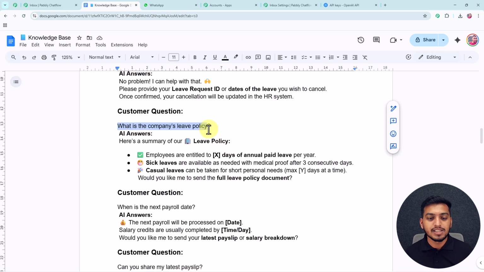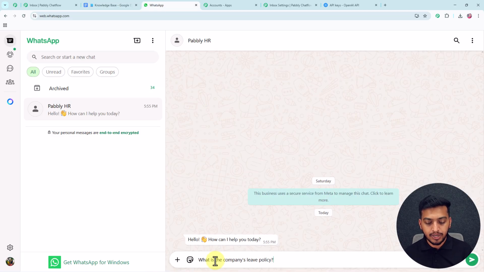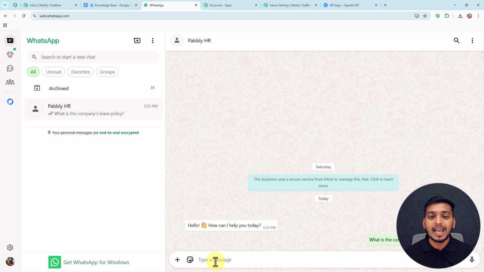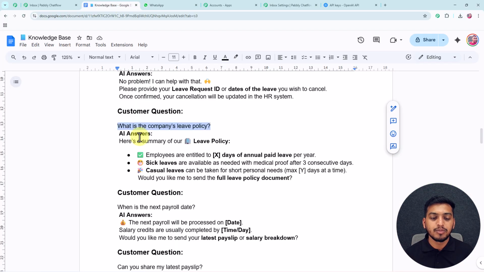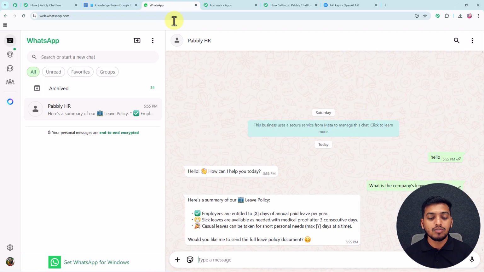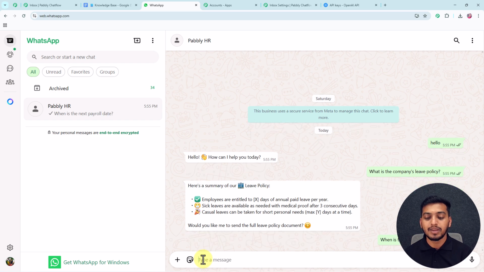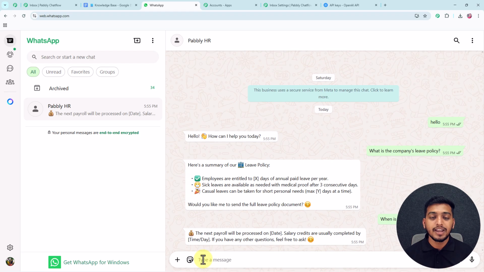So you can see I will just copy this particular question from here, and then when I ask it from this particular AI assistant, this assistant will reply to me instantly with whatever text that I have written just below this particular question inside my knowledge base. And here it has sent me the same message. So now I will ask one more question. This time I will ask this particular question. Then after that, you will see that this assistant will again reply to me with the same text that I have pasted just below this particular question. And here I have again got this particular response from my AI assistant.